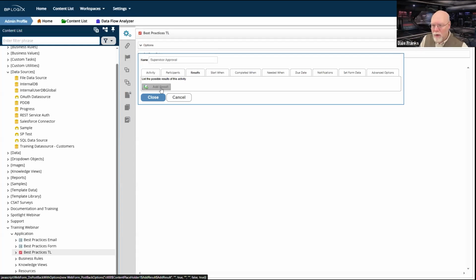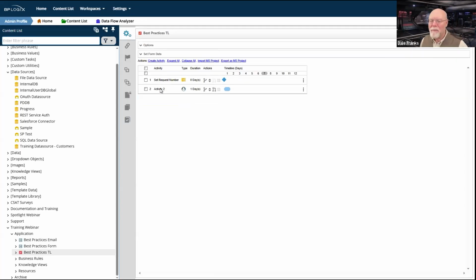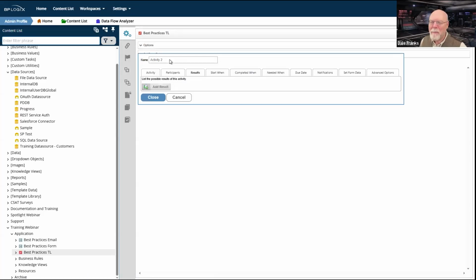If you're in an approval loop or some sort of iterating loop like that, then it's very important that you have a result, a couple of results. In fact, I probably shouldn't even be doing this activity here. What I should be doing is creating a parent activity. I've gotten so far down into the weeds, I've kind of lost sight of what I should be doing. So let's, well, I've already messed it up.